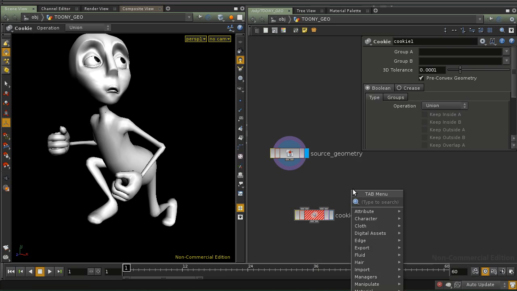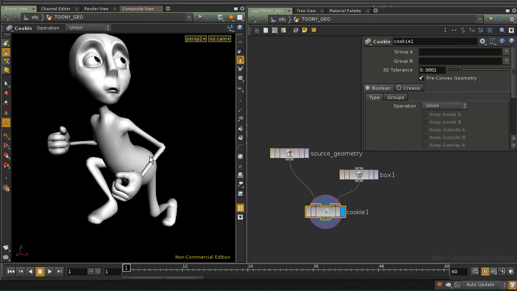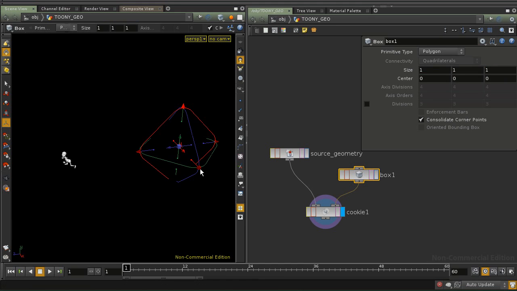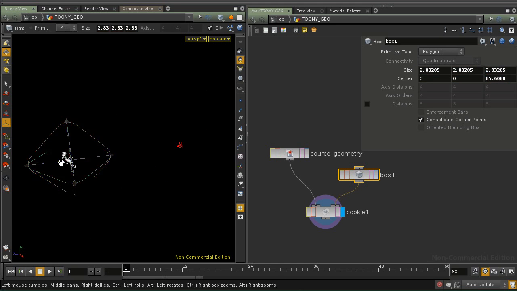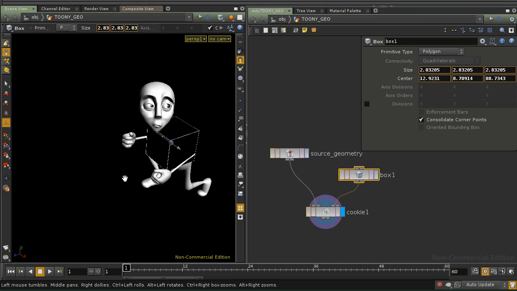So we need to create something to cut it. In this case, let me just create a box for now, and let's connect. Doesn't matter where you connect them, just connect one to the other. And actually the box is over here, so it's not touching him. Make it bigger so I can see it, and move it so it's touching the character here. It's all black for now. Just put it in place, find where it is. There we go. Now we are touching,